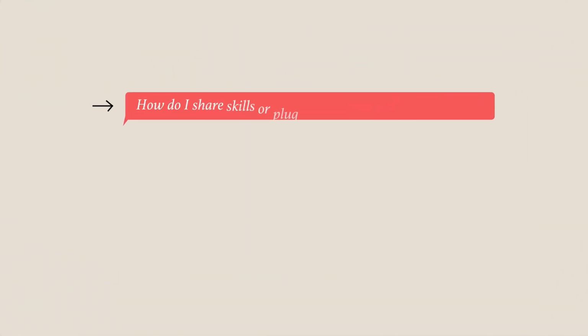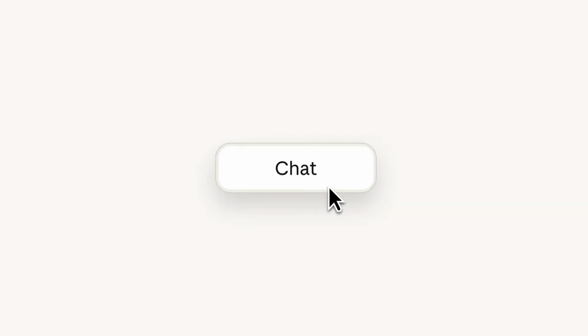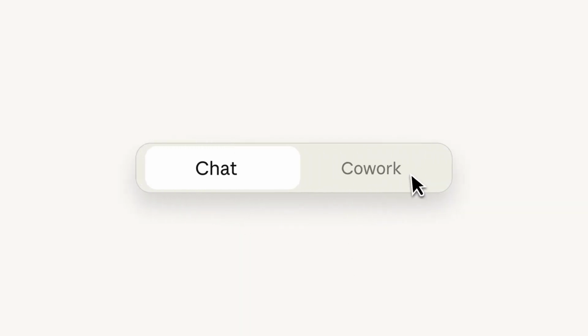People are asking me all the time, how do I share skills or plugins with my team, with my org? What's the right way to do this? How do I make changes and get those latest changes? There's a lot of questions, and honestly, Cowork is really not that good at this yet. I'm sure they'll make it easier, but until then, in this video, I'm going to show you how to do this